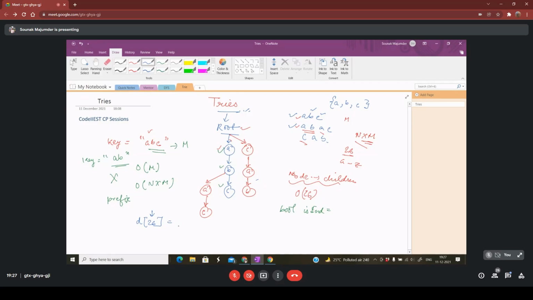But if you are doing it with strings, this essentially becomes O of m, because you have to actually compare the key. And there is also a huge rate of collisions if you increase the number of strings. So a dictionary is not an efficient way when you use strings.